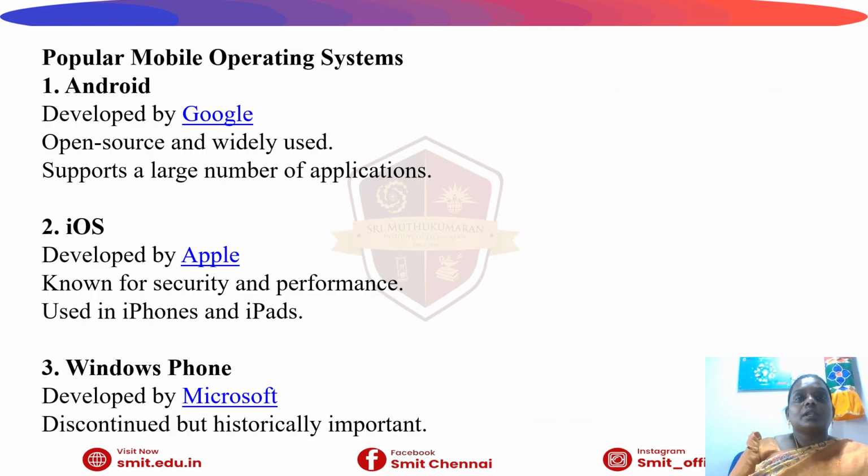The popular mobile operating systems are Android, iOS, Windows Phone, etc. Coming to Android, it was developed by Google. It is open source and widely used. It supports a large number of applications. And iOS was developed by Apple, known for security and performance. It is used in iPhones and iPads. And Windows Phone was developed by Microsoft,